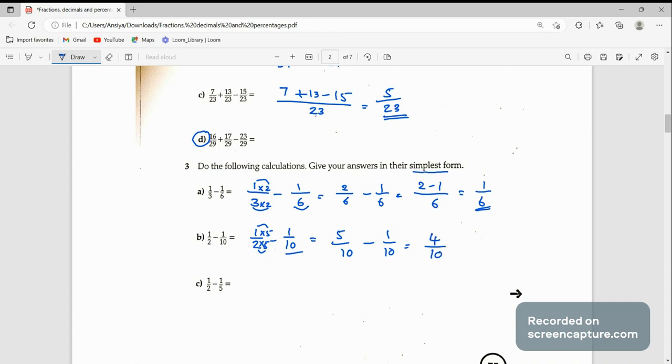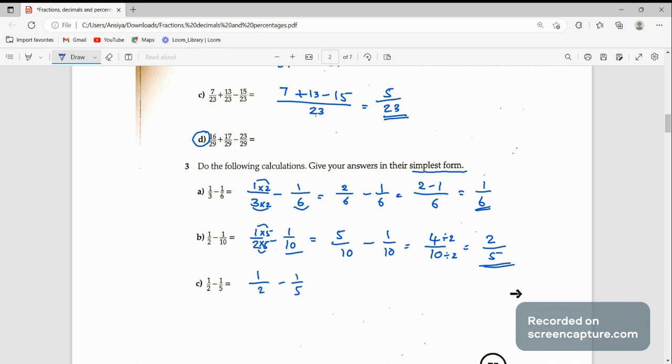But look at the question, the final answer must be in simplest form. 4 and 10 we can divide by 2. So 4 divided by 2 is 2 and 10 divided by 2 is 5. We just simplified the fraction. Now next one. 1 over 2